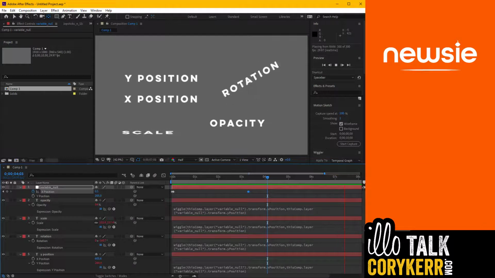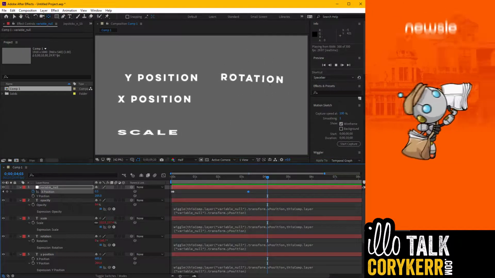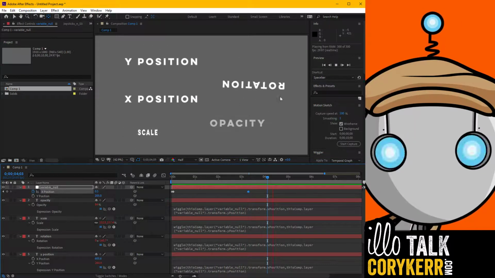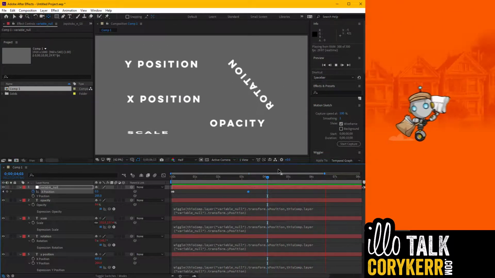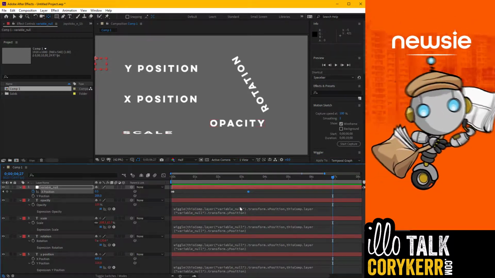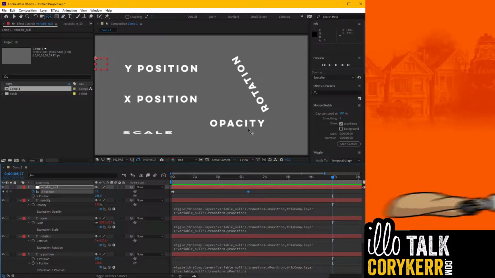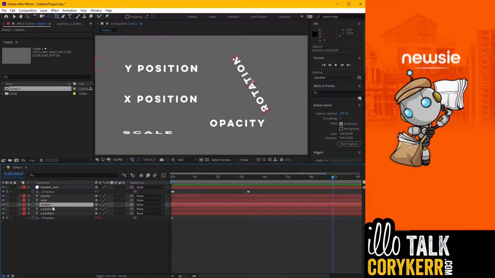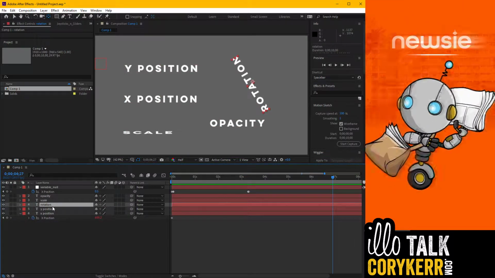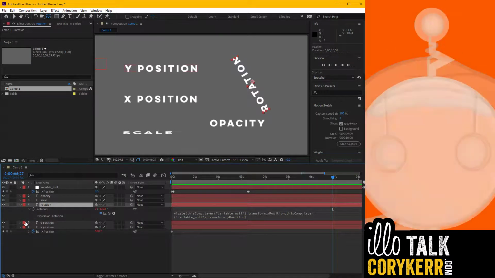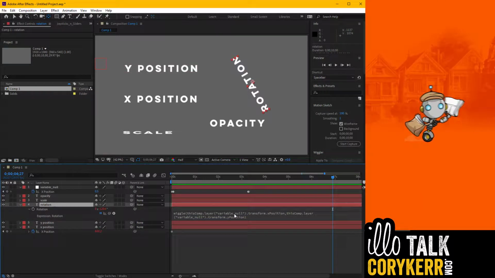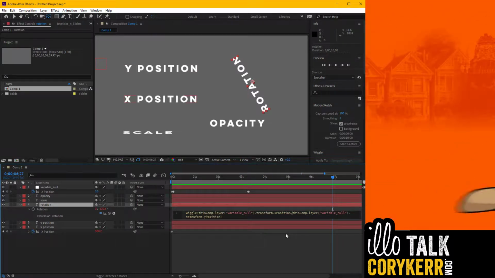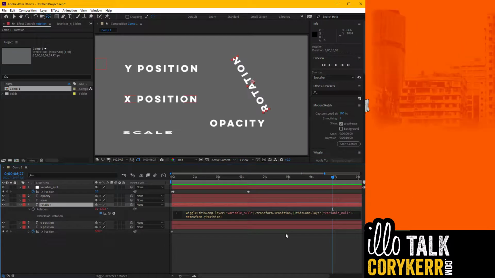So if I come in here, let's watch this for a minute. That rotation is just rotating too much. I'd like it to rotate less, okay? Well, the amplitude is going to control how much it rotates. So I'm just going to close all these down here by hitting U, and I'm going to go to rotation, and I'm going to hit R to open that up, twirl into that menu, and I'm going to find my comma, and inside that, so here's where that starts, I'm going to put the beginning of a parentheses,